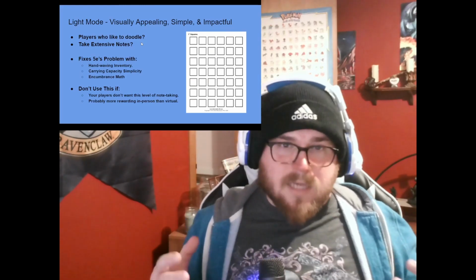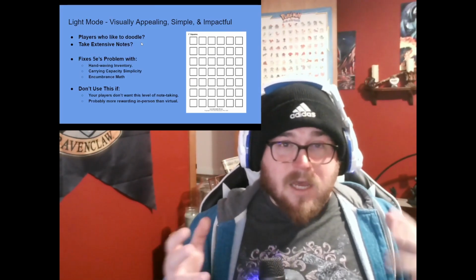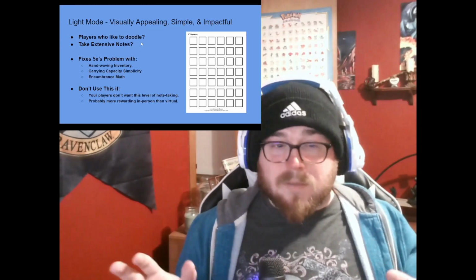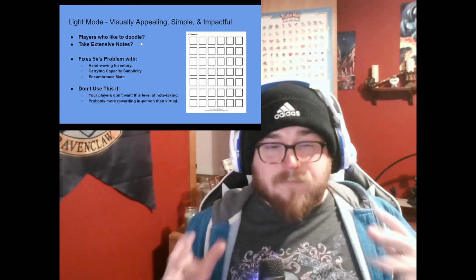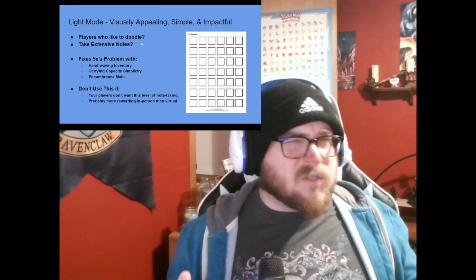But a quick recap, what are we solving here? So do you have players that like to doodle? Maybe you have players that really enjoy the crunch of taking extensive notes. It's not everybody's yum, but some people like it. But this fixes the problem of 5e kind of hand-waving inventory, and maybe that's not 5th edition's problem, but just